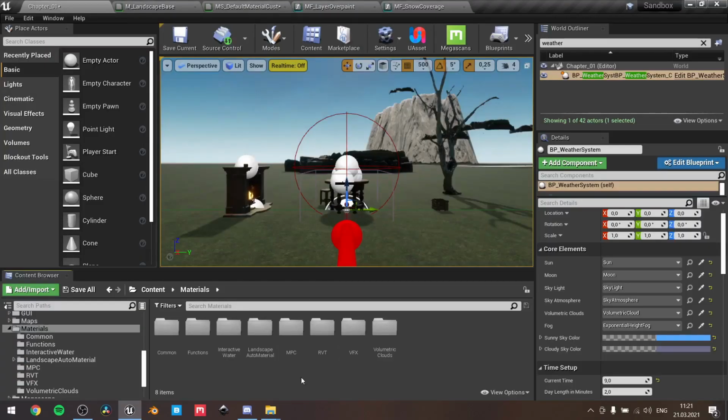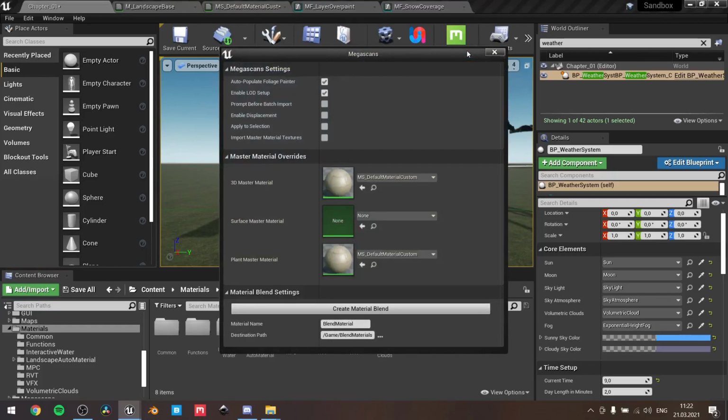As I said earlier, I'll use the Megascans default material because the library from Megascans is very wide and it has all necessary elements for my purposes. You can make your own master material that will cover props, foliage, etc. and make the same logic there. But for those who use Megascans, you need to press on Megascans plugin, and here I've created, let me show you,